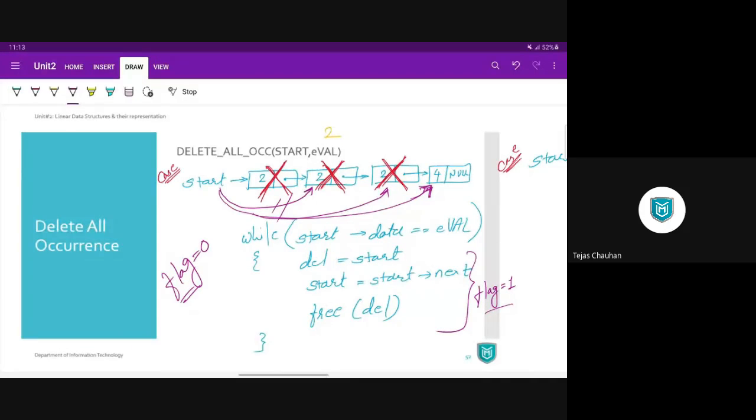So this is delete all occurrences, and this is a somewhat complex one. Let me explain this one more time. And if you have missed anything, please be attentive here. When we want to delete multiple occurrences, अगर मुझे एक से ज़्यादा occurrences लिंक लिस्ट में से डिलीट करने हैं,